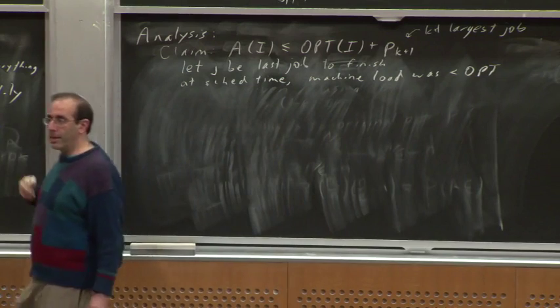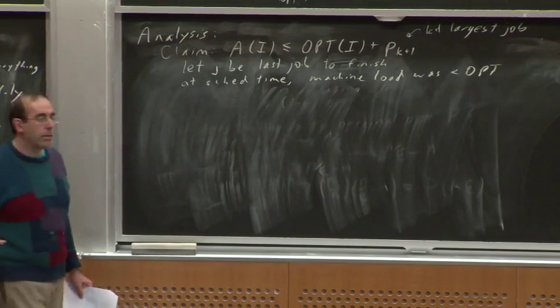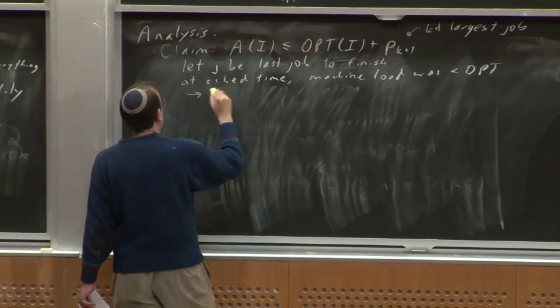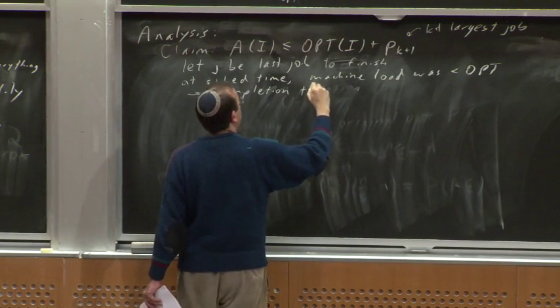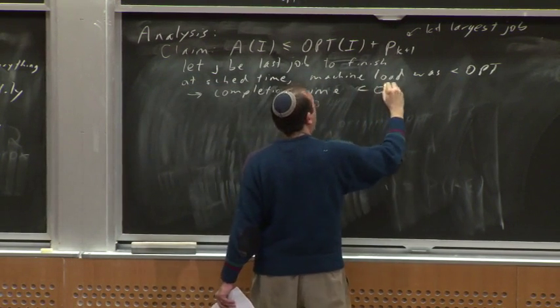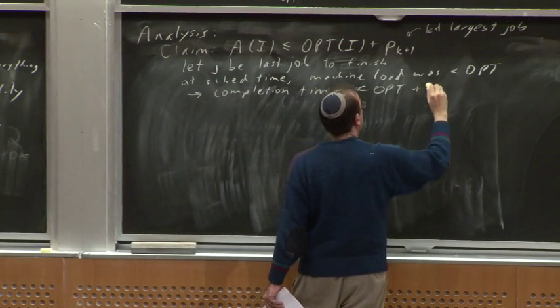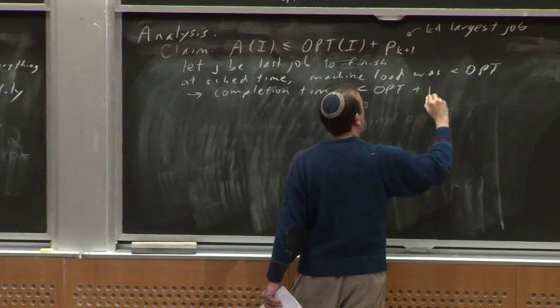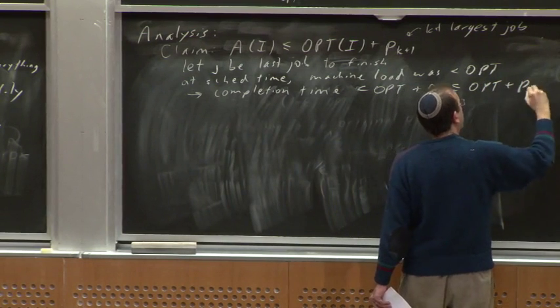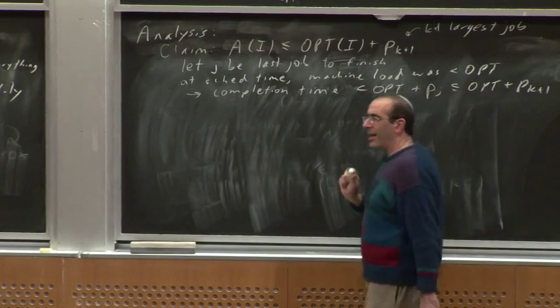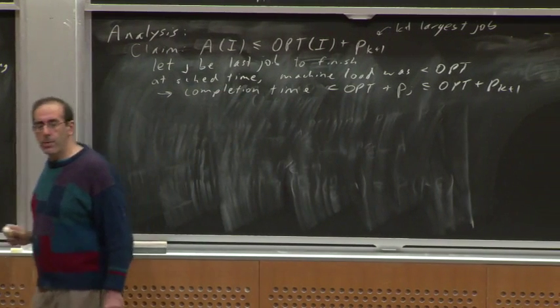And the minimum load is less than the average load, which is less than opt. Which means that its completion time was less than opt plus pj, which of course is less than opt plus pk plus 1,